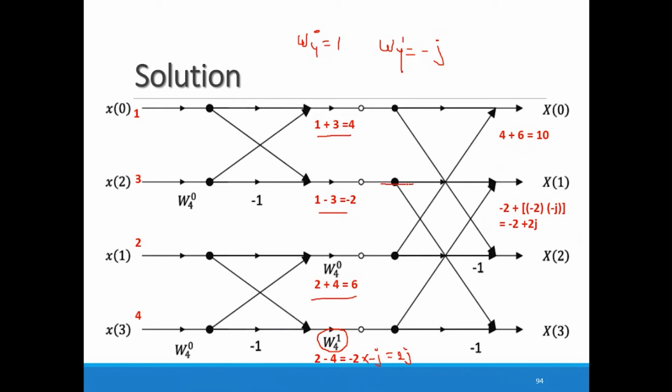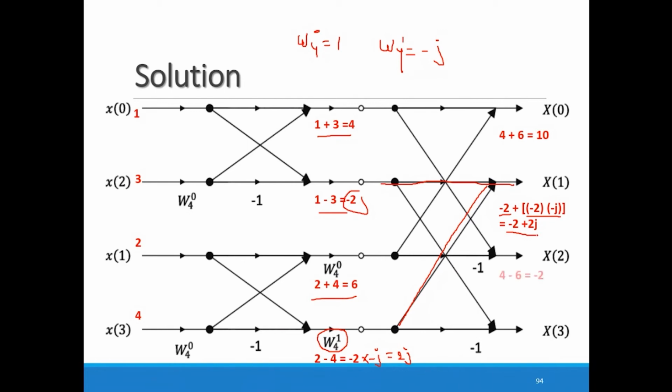This minus 2, which is coming from this line, and another value which is coming from this last line. Both are added. Okay, so both are added means here the first value is -2, so that we write -2. The second value is nothing but a multiplication of -2 with -j. The value and twiddle factor both are multiplied, that will produce the value 2j. So now our answer will be -2 plus 2j.